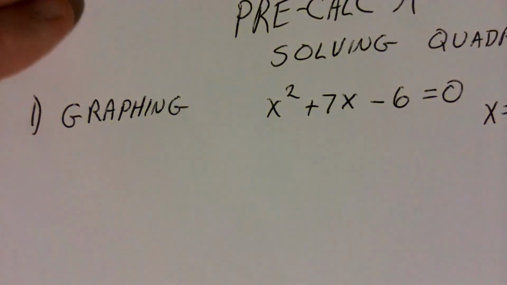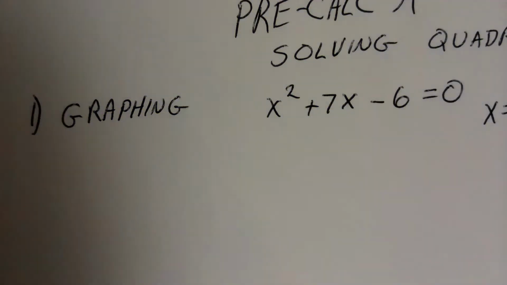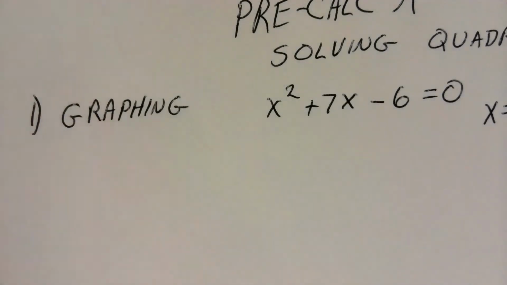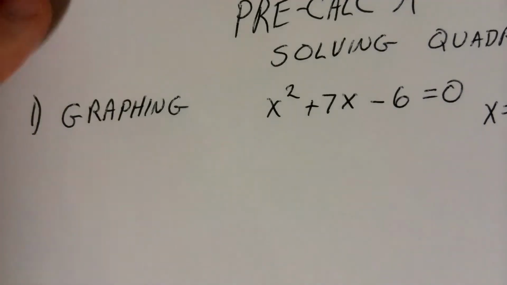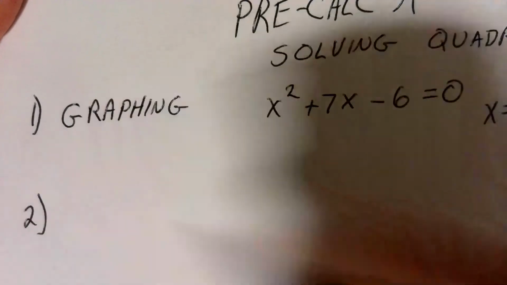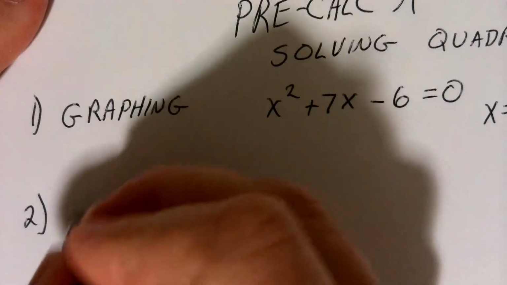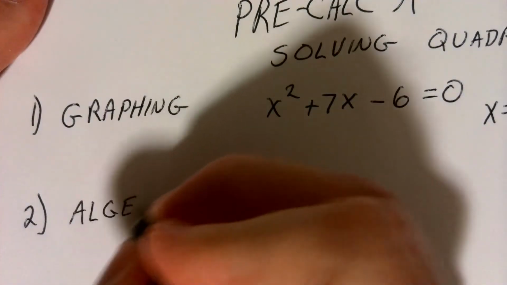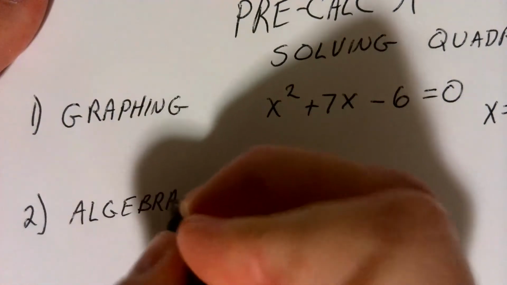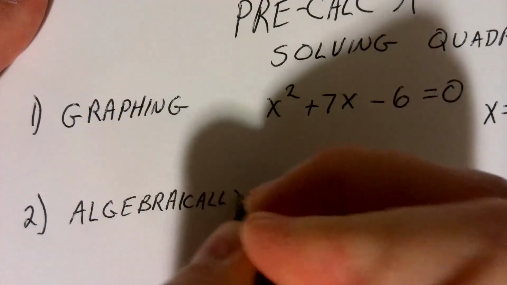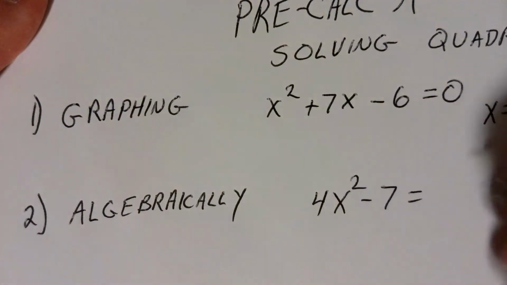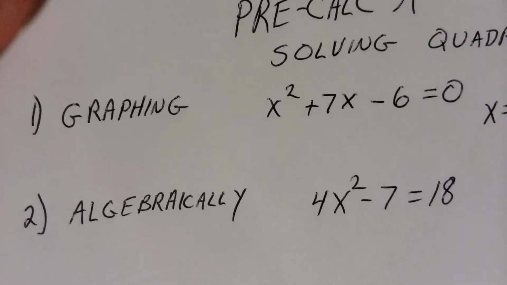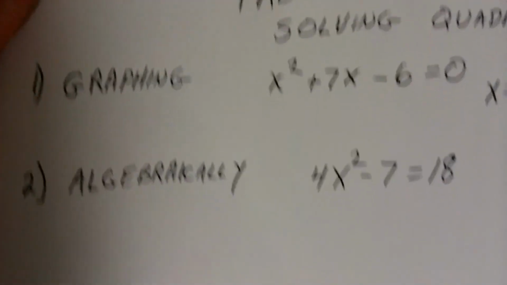So that's one of the ways that we can solve a quadratic equation. We can do that by way of something called graphing. Another one that we're going to do is we're going to solve the equation just algebraically. So let's say that I don't have a linear term in with this. I have something like 4x squared minus 7 equals 18. So if I want to go ahead and solve this,